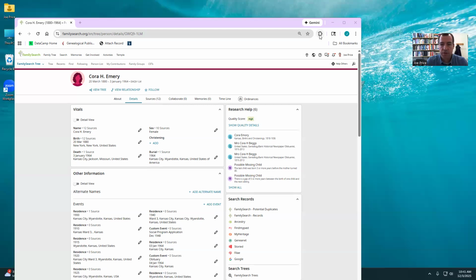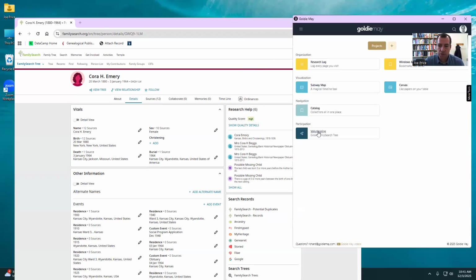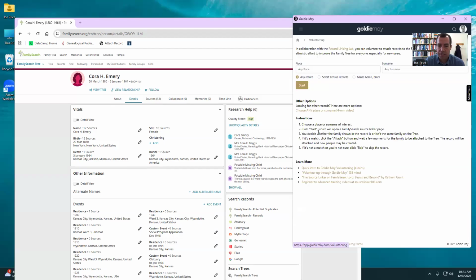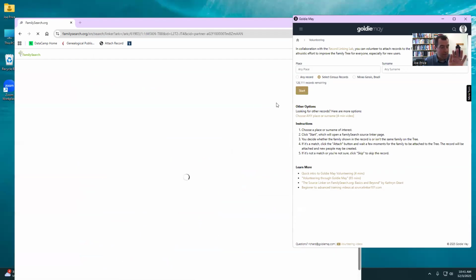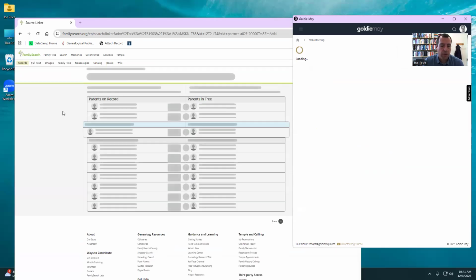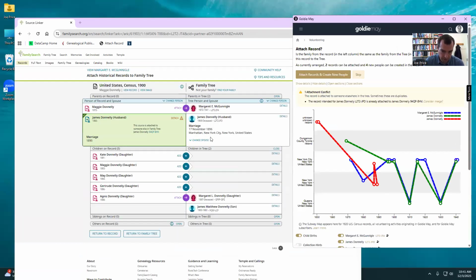So you'll just need to download Goldie May as a Chrome extension. So I'm just going to click here, Goldie May. And then once you log into Goldie May, you're just going to hit volunteering. And then right here, it says select census records. So you can see there's 126,000, and then you just hit start. And then over here in your Chrome browser, it'll just pull you right into the source linker for